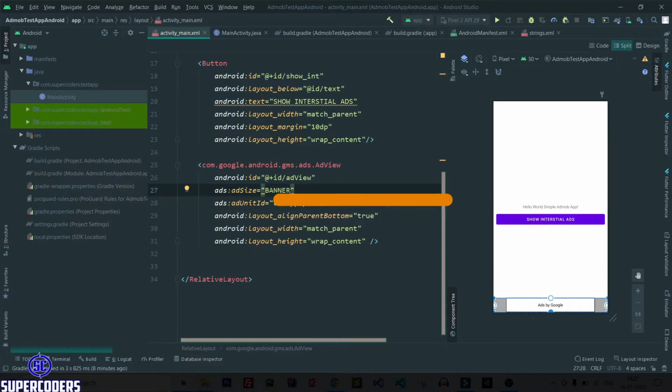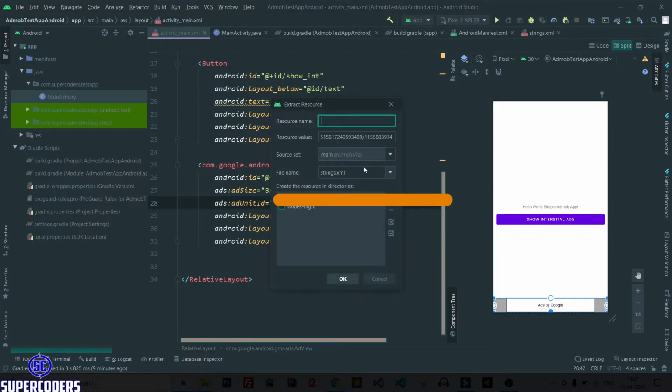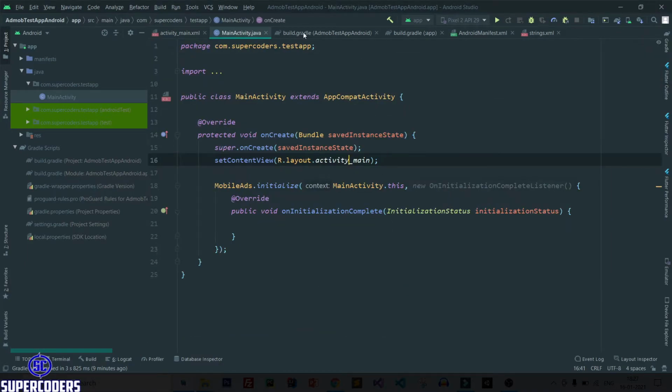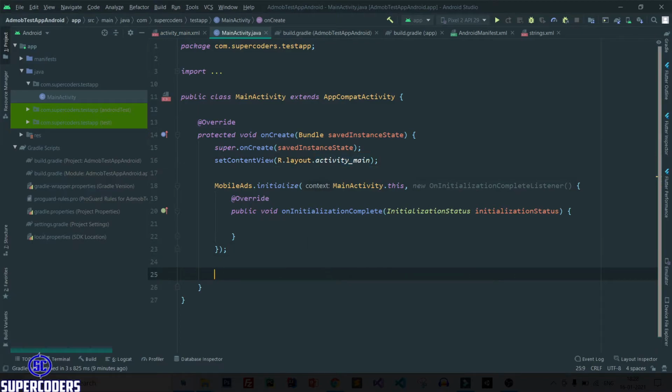Now it is perfect. After that, click Alt plus Enter. Click on string resource. Let's add banner ID.